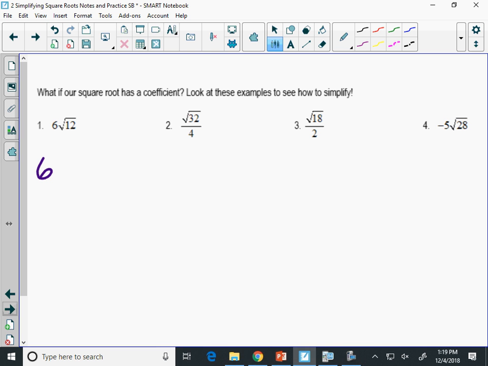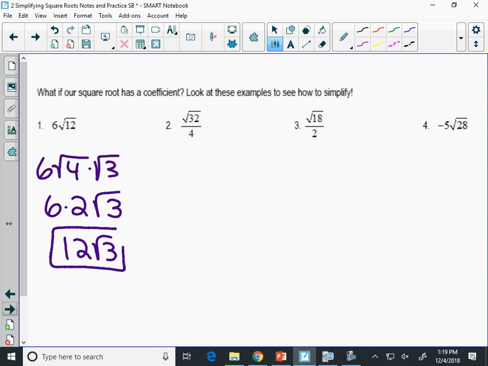What perfect square goes into 12? 4. So I have 6 times radical 4. And 4 times what is 12? 3. So I have 6, radical 4, radical 3. Well, what's radical 4? 2. So I have 6 times 2 radical 3, which simplifies to be 12 radical 3. Good. So if you have a coefficient there, you just let it hang out and multiply it by